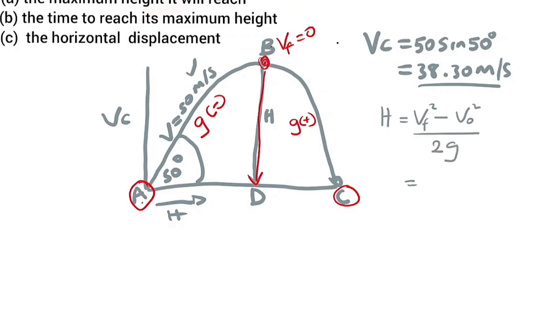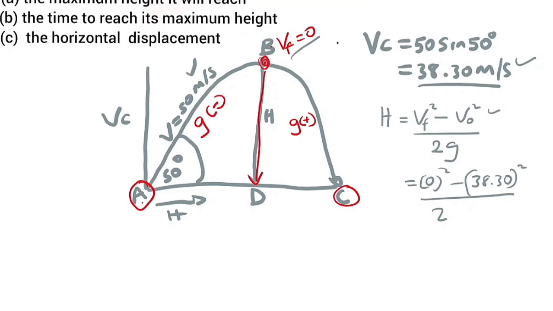Here the final velocity we said is 0, so 0 squared. The velocity that we're gonna use here is this velocity, 38.30, squared, divided by